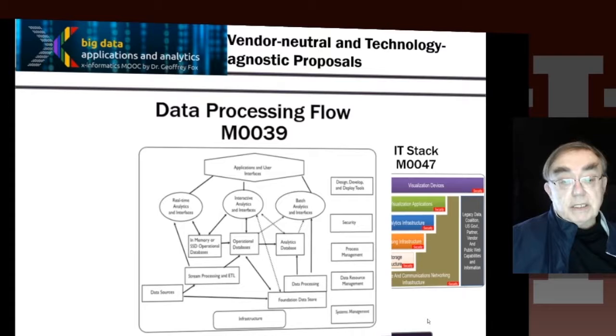Here's a more classic flow diagram, which shows you how these various capabilities are interconnected. We have the usual things: user interfaces, analytics. Here we have in-memory operations. A critical feature of modern big data is in-memory databases, and a lot of those are accelerated by using a solid-state disk compared to traditional hard disks. Here is a traditional hard disk, and here's one separately for the analytics to use.